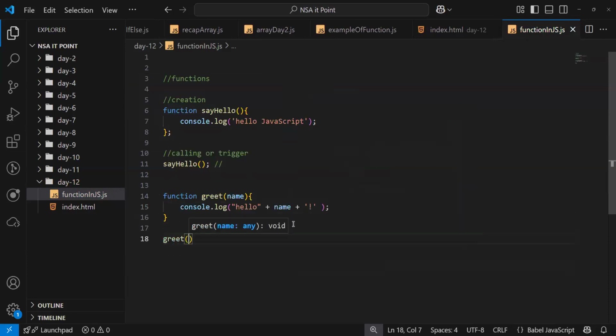What will be the output? Just tell me what the output will be.